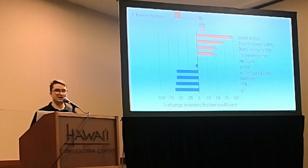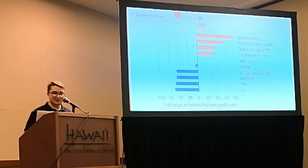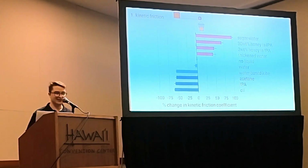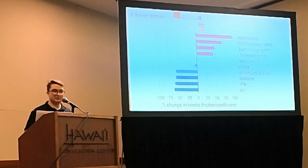Excitingly, we found that we can modulate friction by more than 50% in either direction using liquids. Another exciting and perhaps unexpected result is that the acetone and the IPA were nearly as lubricating as the oil. So now that we have these results for friction performance, let's cross-examine them with a measure of practicality, their evaporation